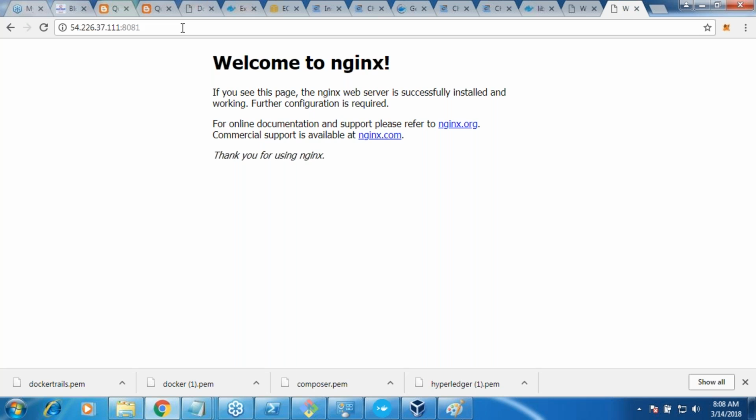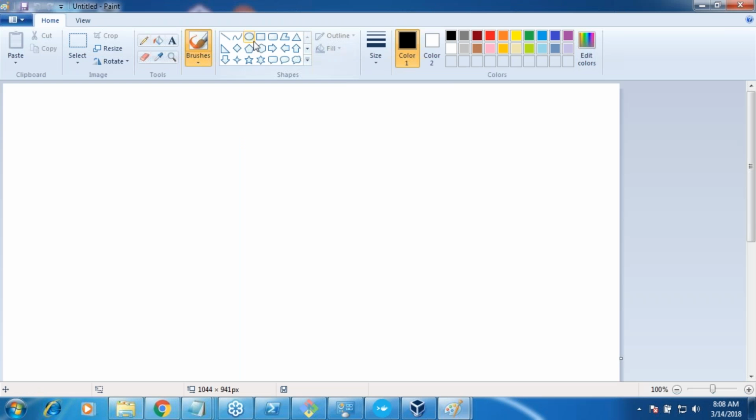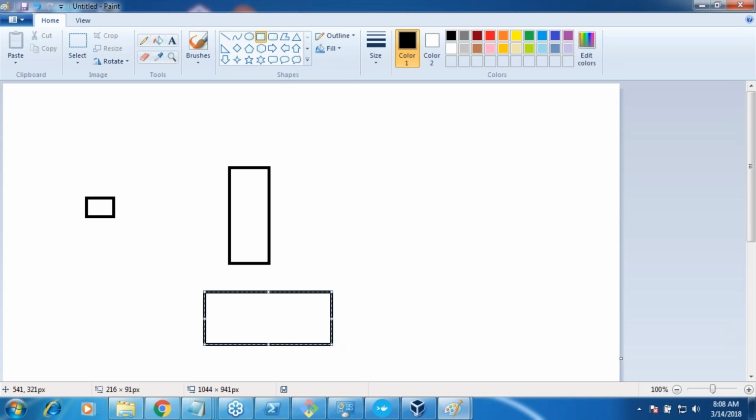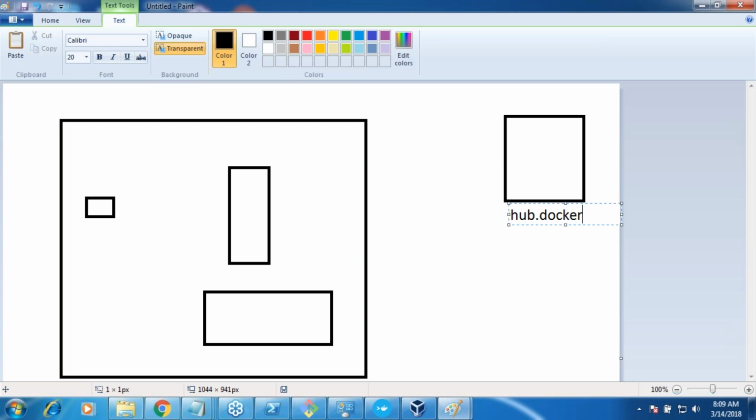Now let us technically define what these commands are. Client, daemon, image store, all of this is one box, and then we have a container registry. For now I'll be calling it Docker Hub, which is hub.docker.com, because if you type Docker Hub, it navigates to this site. Okay, fine.